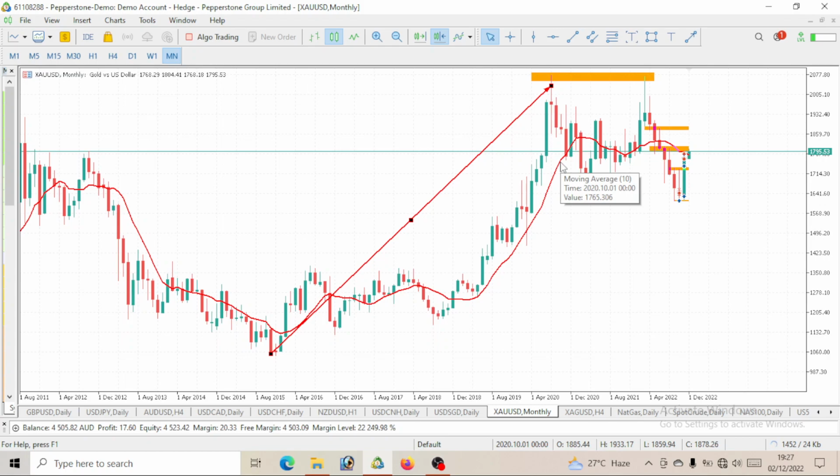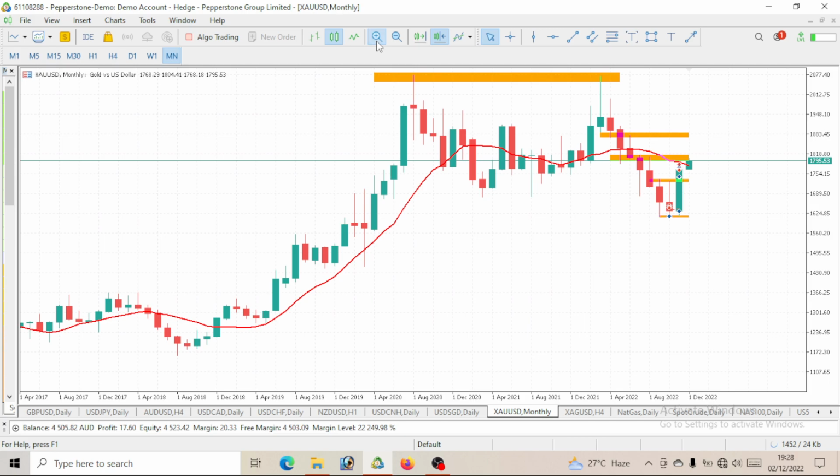We all know that once this price is above the moving average, then it is a long. We are to go long, we are to buy. But once it is below our moving average, we have to short it. So for some time, this price was above our moving average. We actually went long. So we see this level that I highlighted here.